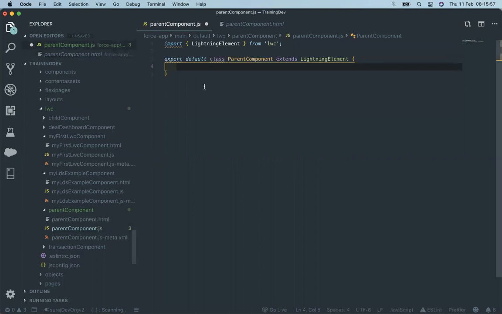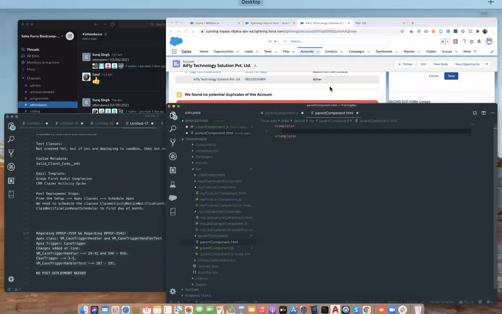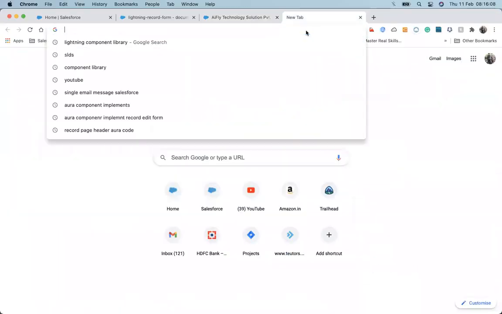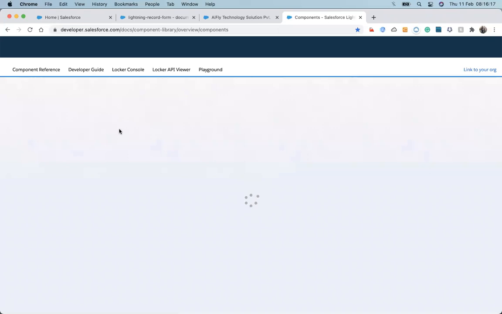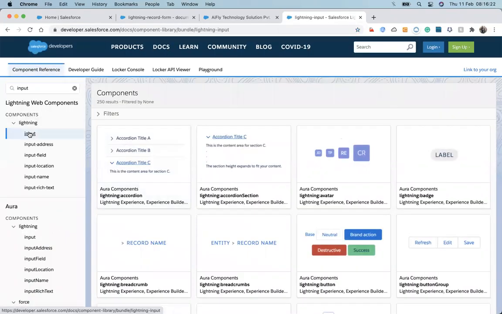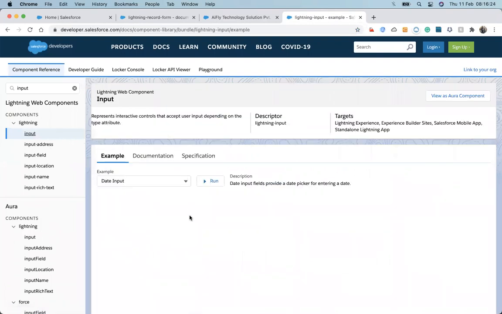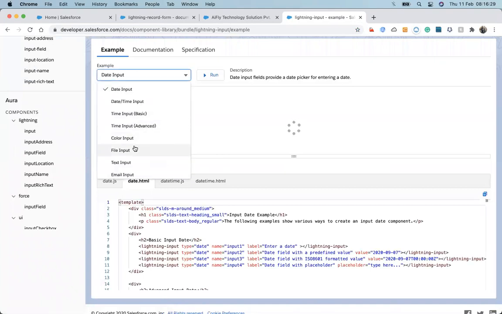Let's first see how the one-way binding works. I think we discussed that, but let's revise it. I think we discussed two-way binding and one-way binding in the previous classes. Before that, let's take an example. Input field. I create an input field, a text type input field.